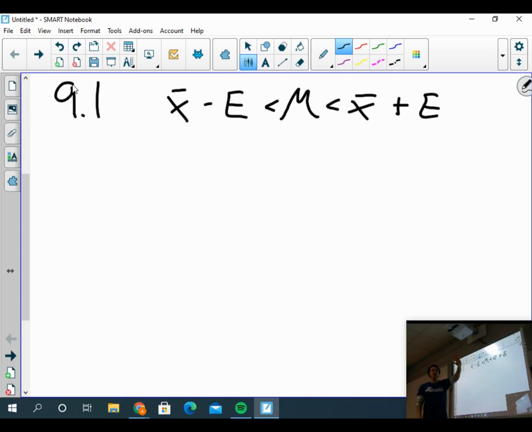It is way too complex and too difficult most of the time to actually calculate by hand the population mean. We don't have the time, money, effort, resources. I can't catch all the fish in the pond. So what we said is, well, we can take sample means, and those are a lot easier to calculate, but here's the problem. If I catch, say, 10 fish out of the pond and get their average length,